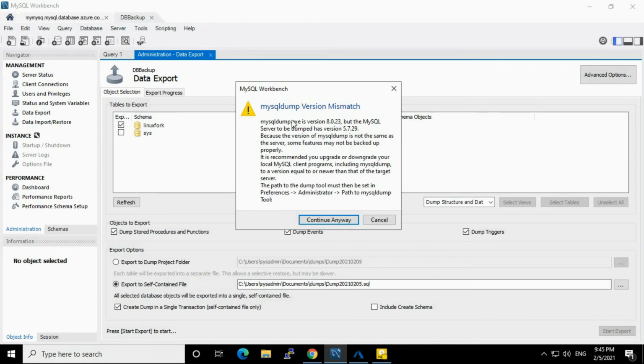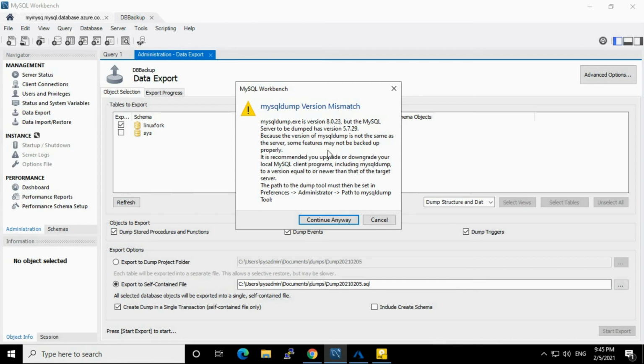This is just a warning currently. This warning is coming because my MySQL database server is 5.7 and this MySQL Workbench version is 8. So it's saying that please make sure that both the server and MySQL Workbench versions should be the same.